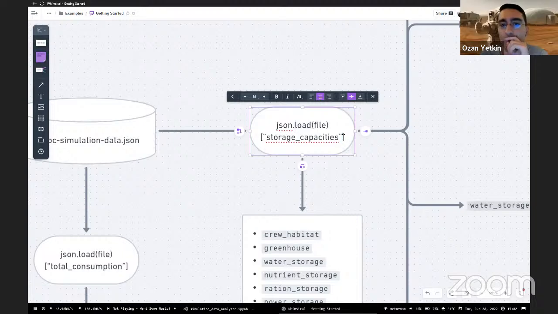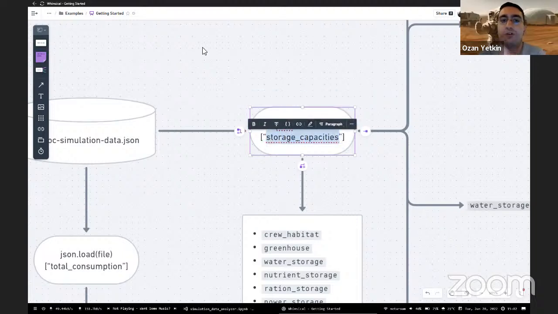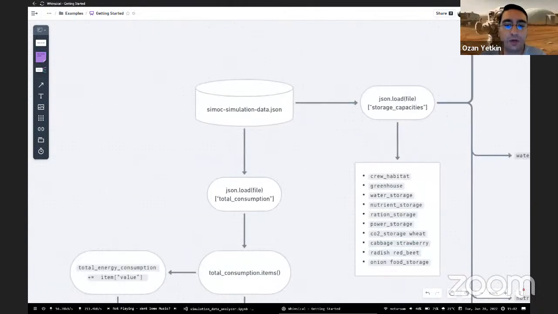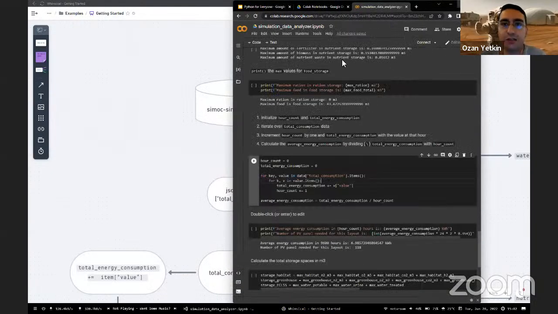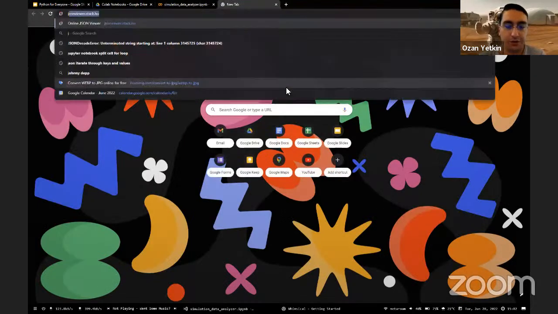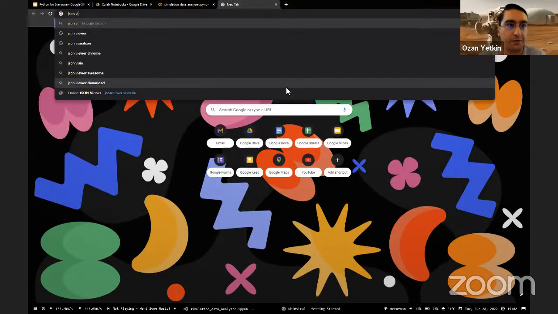And what you need to pass is the key or the label of the data that you want to retrieve. So in this JSON file, you can always use JSON visualizers. If you Google JSON viewer,